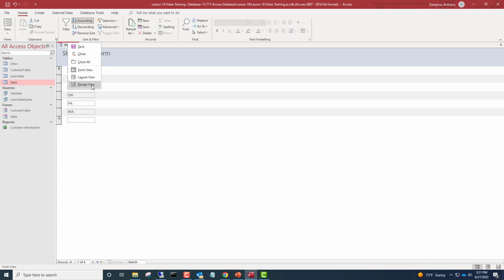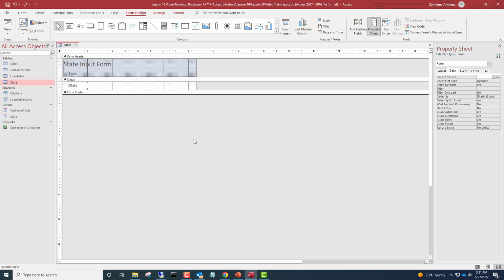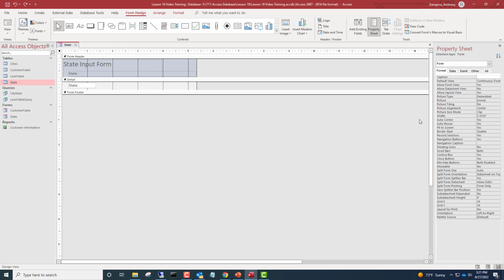Alright, and we're in form view here, right? And we're going to look at our different types of views here, or I mean our different properties for the form. Alright, it's got our default view is continuous. We're going to drop this down and do, and here again we can do data sheet, we can do split form, but we're going to do a single form. So I'll click on single form so that if it takes, we're going to look back and notice that it's